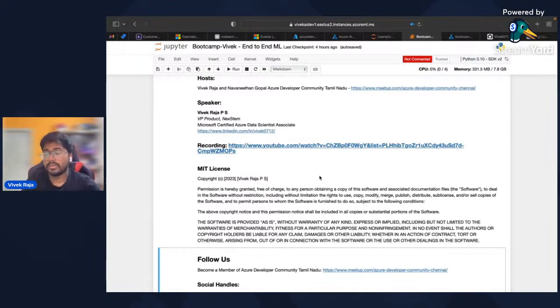But since I'm taking some effort to populate it under one notebook, feel free to star the repo, fork the repo and use it, so that it gives the right credit to the author. So not just me, for any other open source repos that you go for, keep that as your thumb rule to give credit to the right author, because that's the only thing that you can give back to the person who did the effort for you.